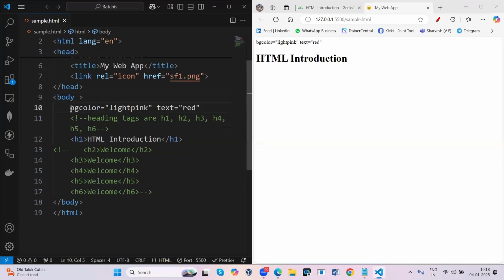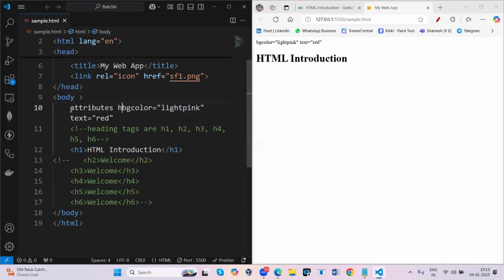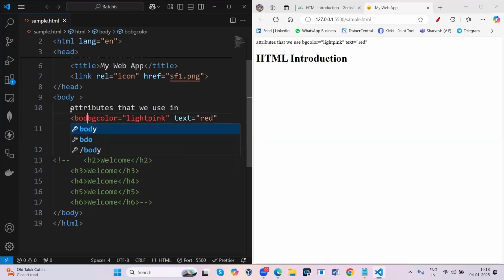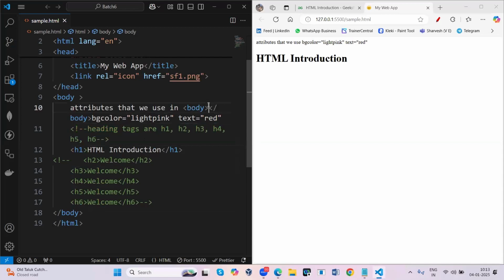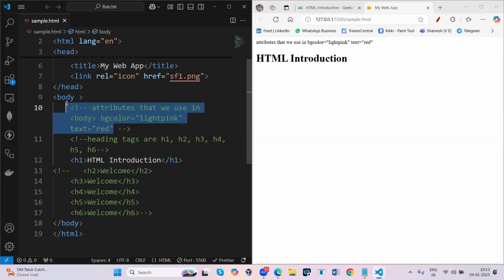These are all attributes that you can use, that we use in the body. This is what we can use in the body section. So now I'll comment this one for understanding.